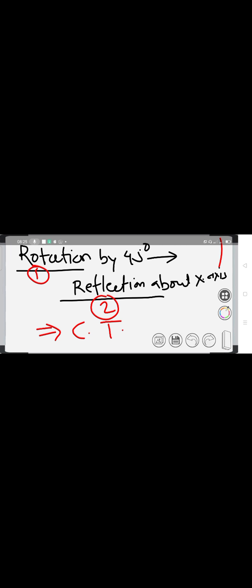First is a rotation and the second one is the reflection. So this is an example of composite transformation. We have discussed what we mean by composite transformation in previous sessions, right? When we carry out more than one operation or transformation in a sequence, that is composite transformation. So in this case the sequence is: initially you carry out a rotation by 45 degrees, and then you carry out a reflection about the x-axis.